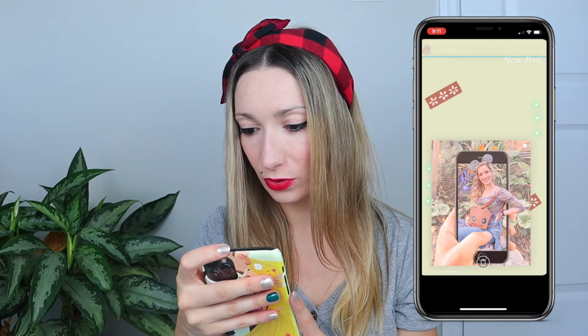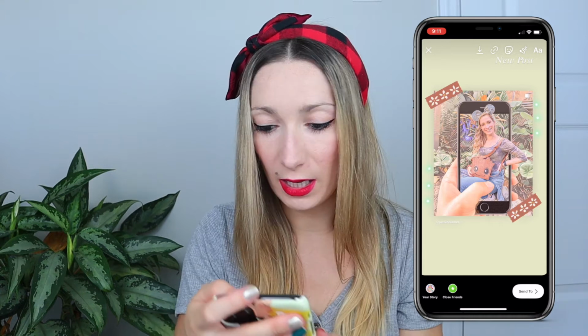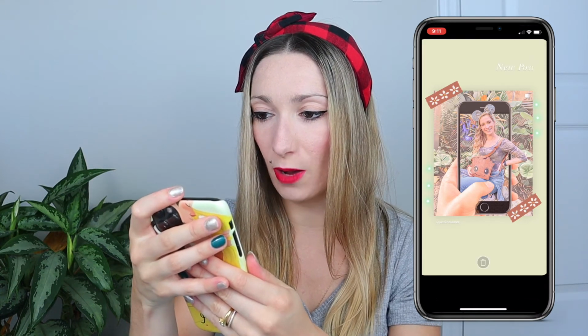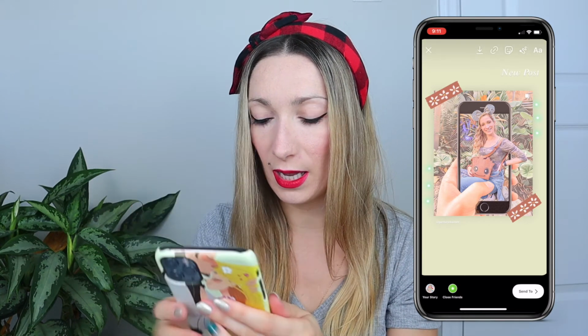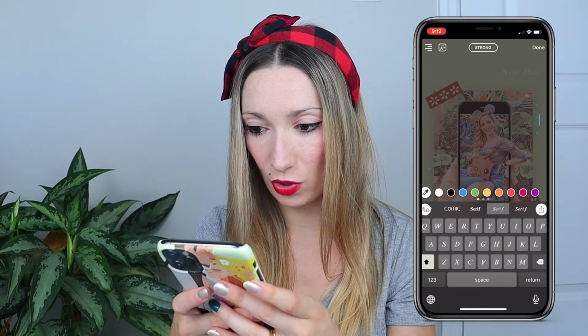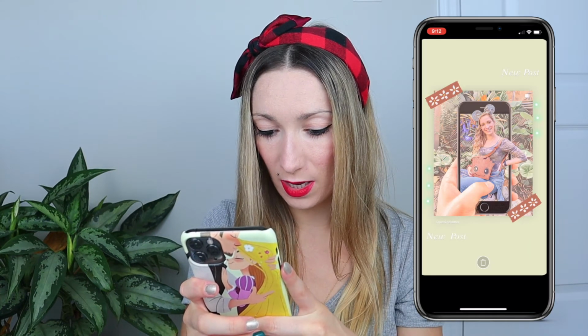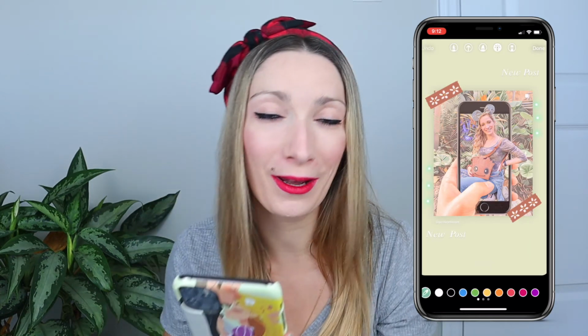How are you going to put your new post here? Bring back your picture. Put back your stickers together and you can drop your new post here and you're going to write that down with the same font one more time. Take it, put it on the other side, and now we're going to go back on the brush tool and